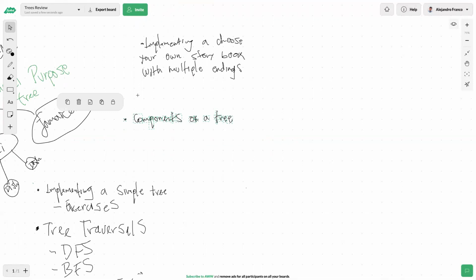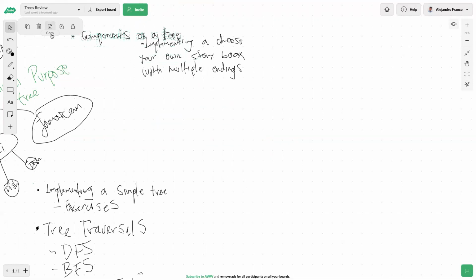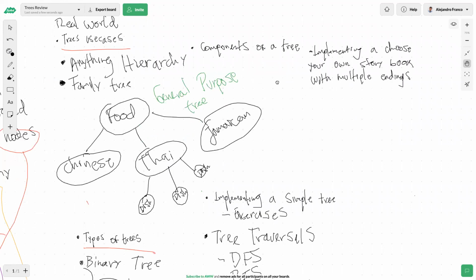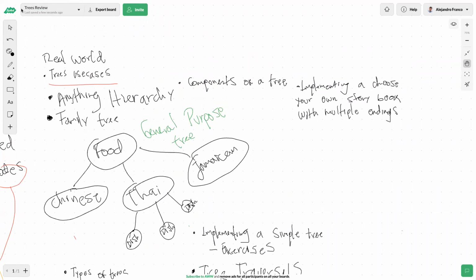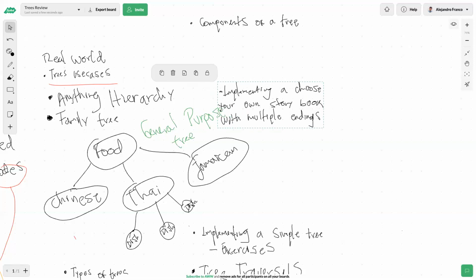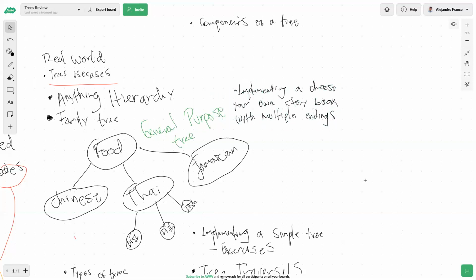Let me move this out here. We sort of talked about this. This is in the lesson. Oh, also, this is a good example that I forgot to mention about a use case for trees. If you wanted to implement a storybook in your application that has multiple endings, you could model it as a tree.